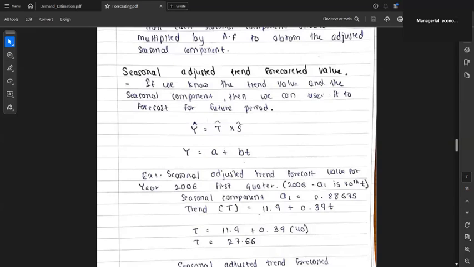If we know the trend value and the seasonal component, then we can use them to forecast for the future period. Why do we call it the seasonally adjusted trend forecasted value? We call it that because